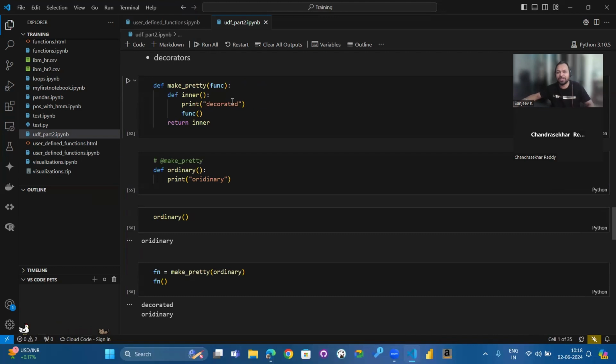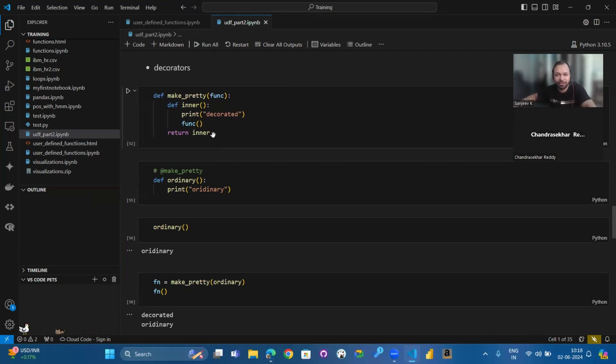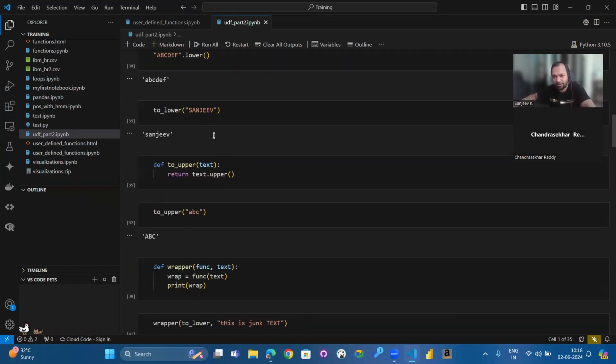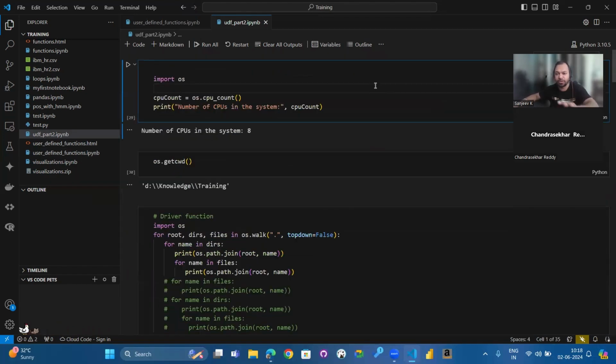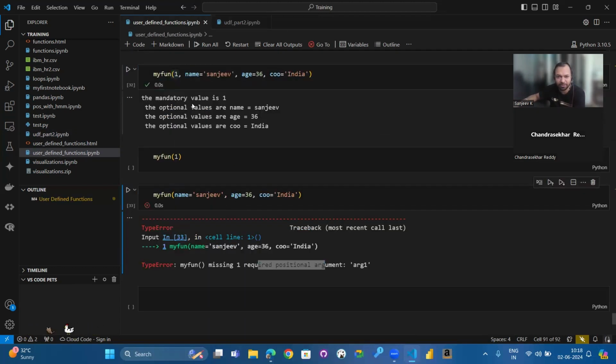Now let us continue our knowledge around decorators. This is one part of the programming in Python which we have. We can use decorators for various reasons. Say, for example, we have a function and we want to understand how much time it takes for executing this function. Every cell, if you notice, is showing you the time here.